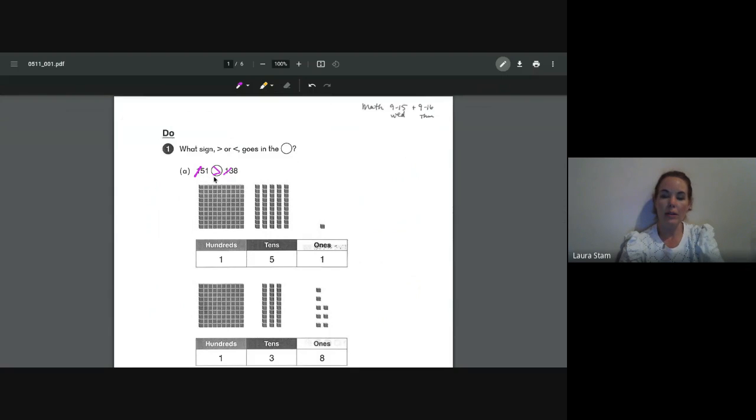151 is greater than 138. Another easy thing to think about when we're looking at these symbols is when you have the greater than symbol and the less than symbol. If you look at